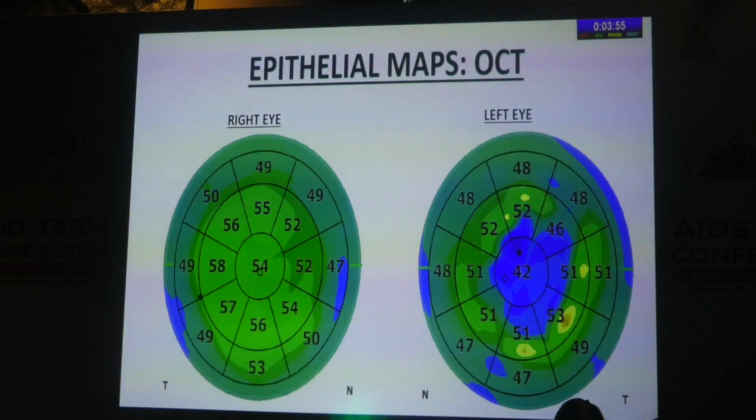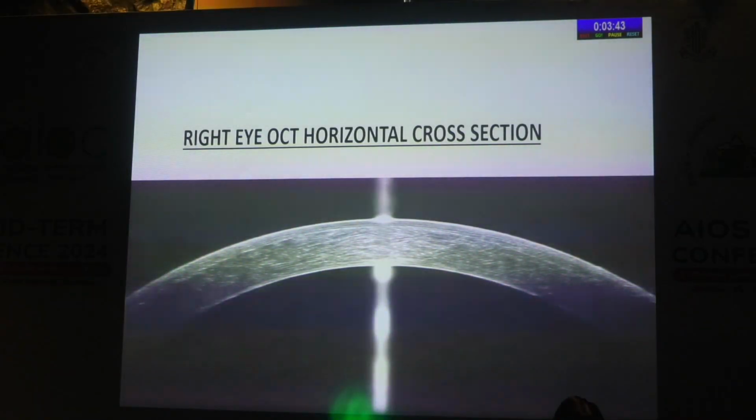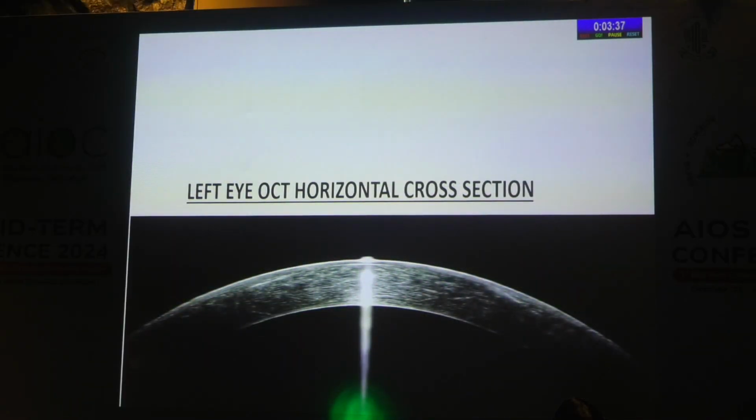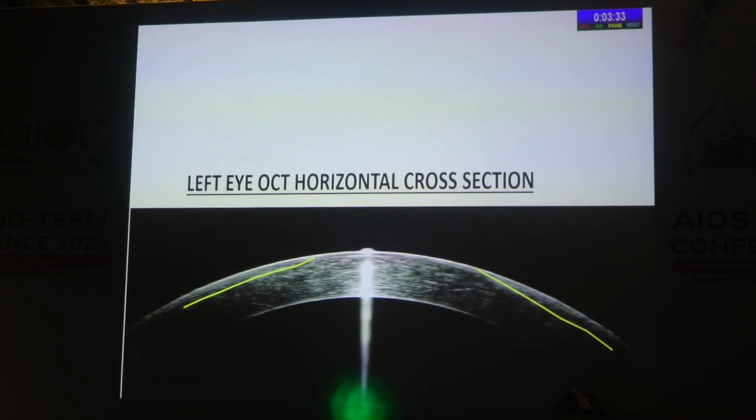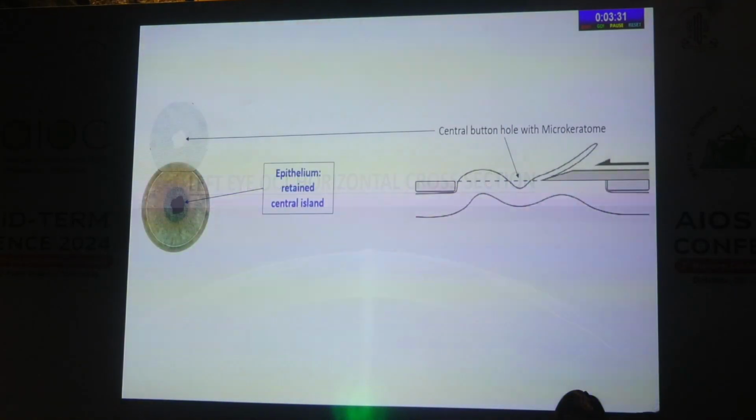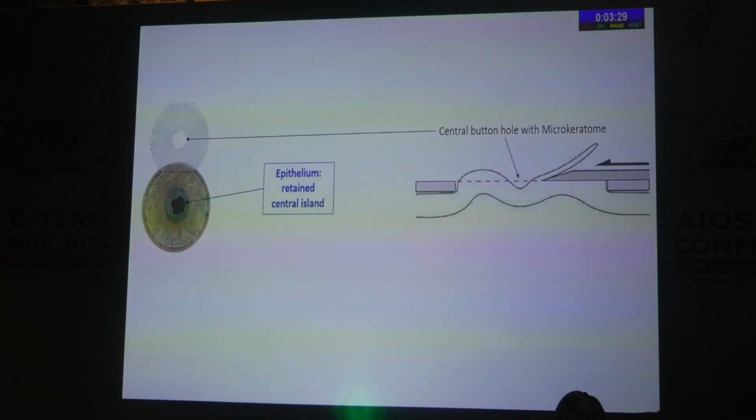If you look at the epithelial maps, which is something very important in today's time, the right eye epithelial map is consistent with a myopic LASIK, but the left eye you can see an abrupt thinning in the center. So when we look at the raw image of the OCT, on the right eye we can actually trace the flap here. It's like a meniscus flap. And if we look at the left eye, we can see that in the center the flap is diffusing with the epithelium. So this most likely must have been a buttonhole, which may have happened,